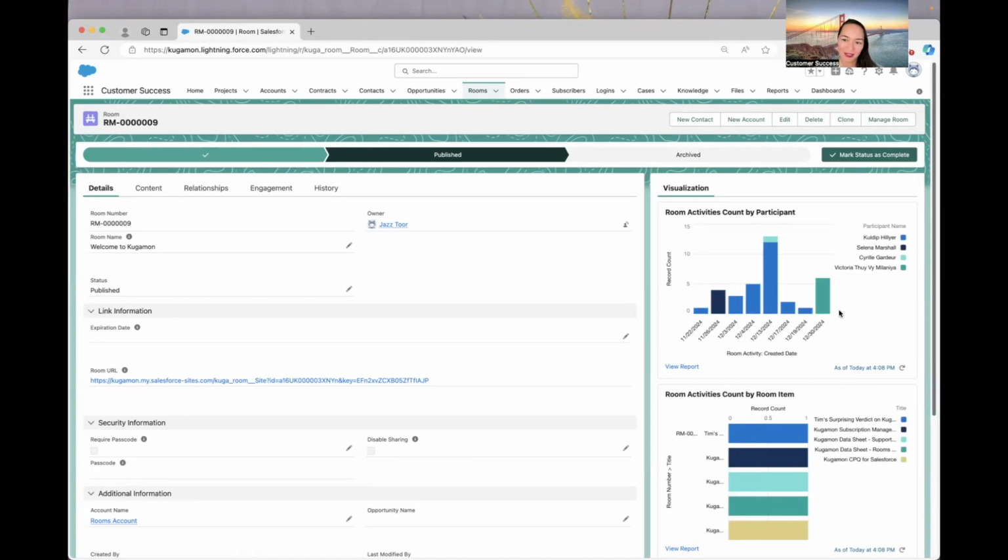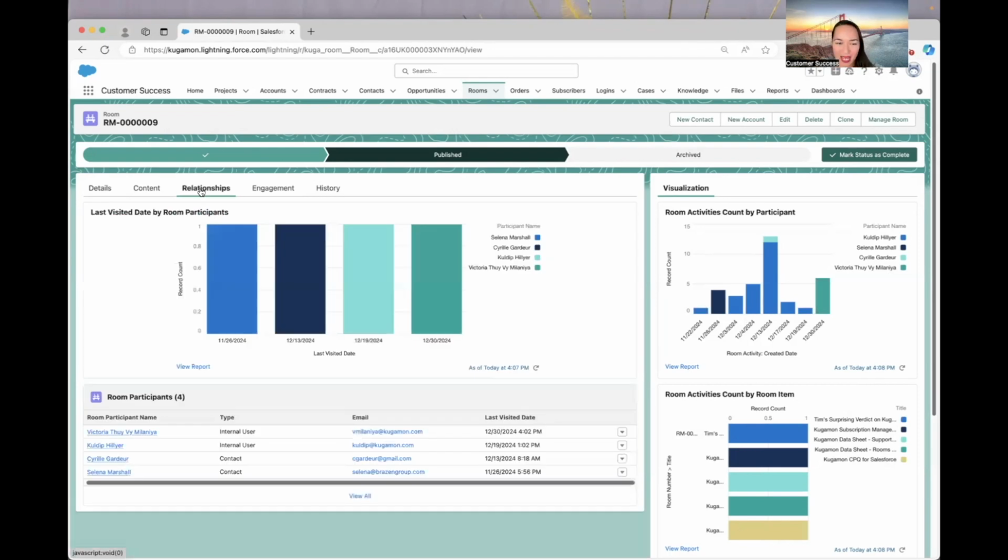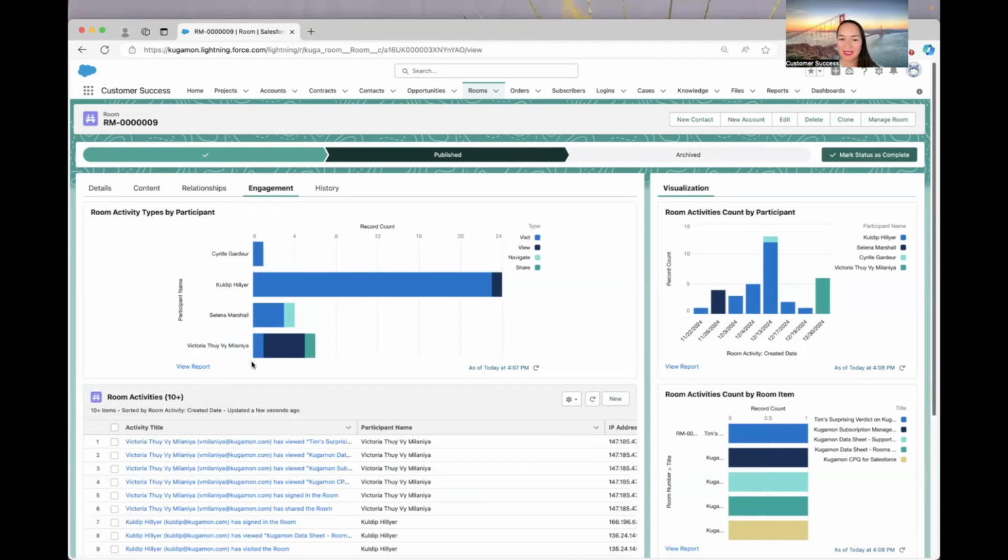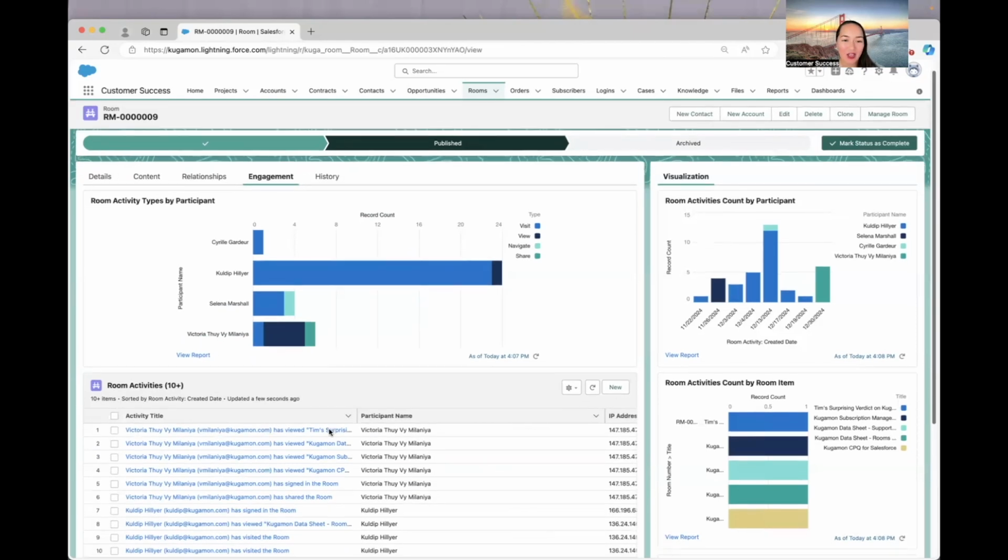And I can reference a number of records that myself as a prospect have interacted with. Additionally, if I click into the Relationships tab, I'll also see myself as a contact and the last time that I visited the room. And within engagement, I'll be able to see exactly which room records I've actually interacted with and when did I interact with them.